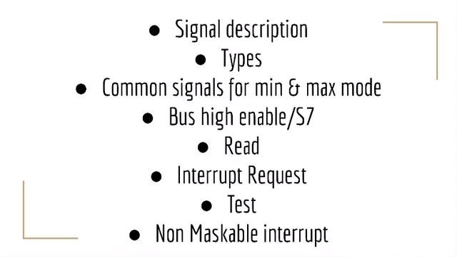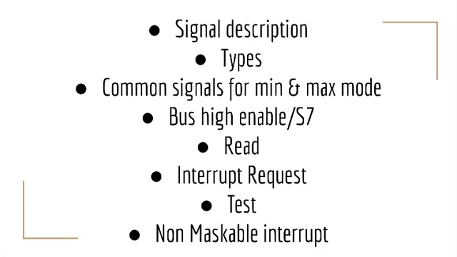This microprocessor operates in single processor or multiprocessor configuration to achieve high performance. Some of the pins serve a particular function in minimum mode, that means single processor mode, and others function in maximum mode, that means multiprocessor mode. These 8086 signals are categorized into three types: common signals for both minimum and maximum mode, special signals meant only for minimum mode, and special signals meant only for maximum mode.